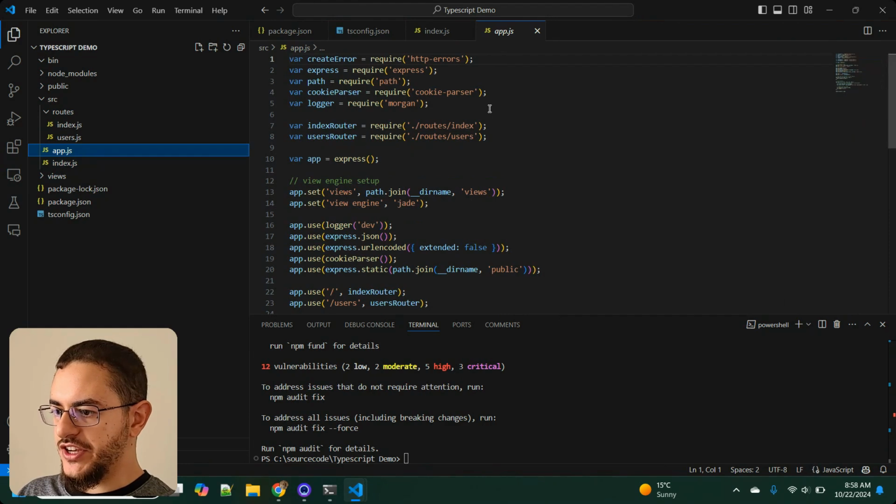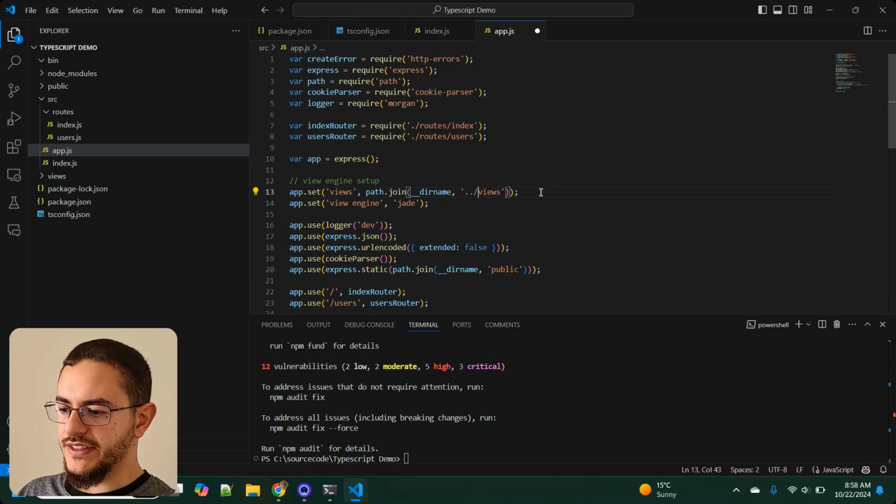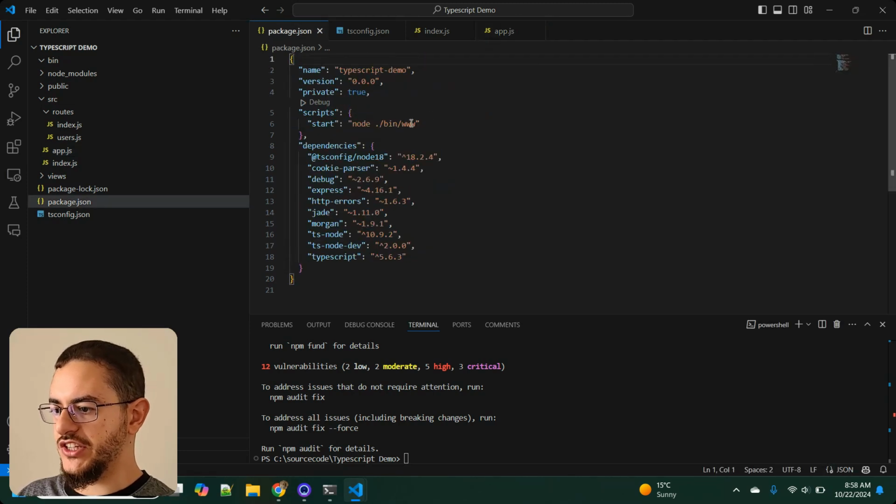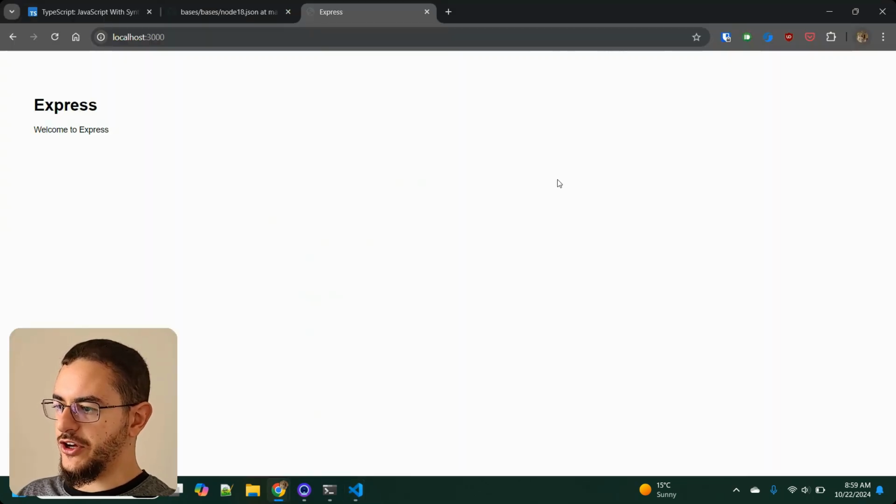And then in app.js, I'm going to have to take the views folder and make sure it references the directory that's above the current directory. And then similarly to public. And then lastly, I'm going to navigate to package.json. And I'm going to change the start command here to ts-node-dev source/index.js. And now if you go ahead and navigate over to localhost 3000, you'll see that our server is working